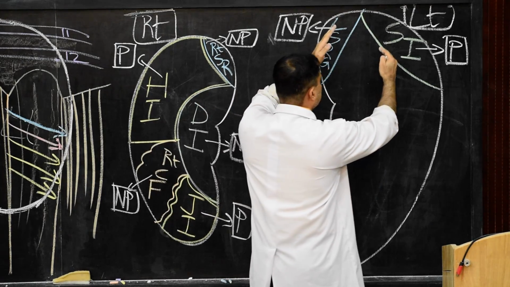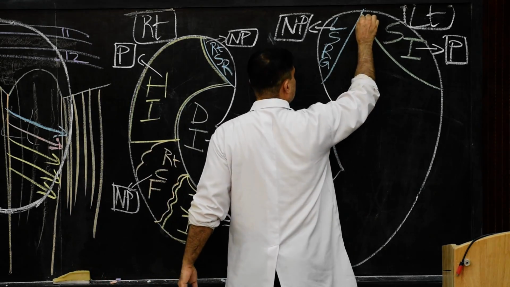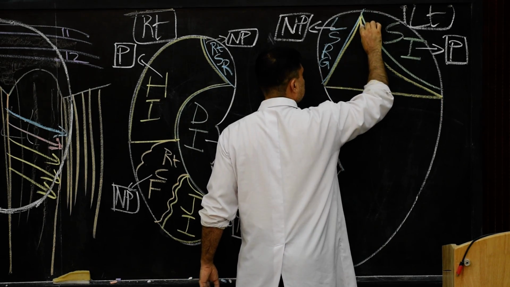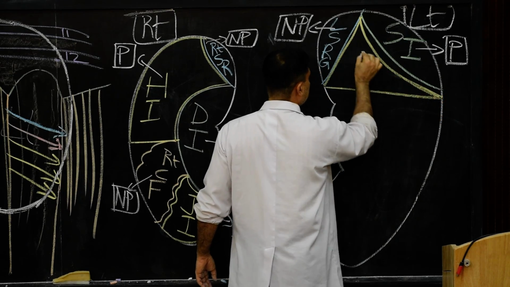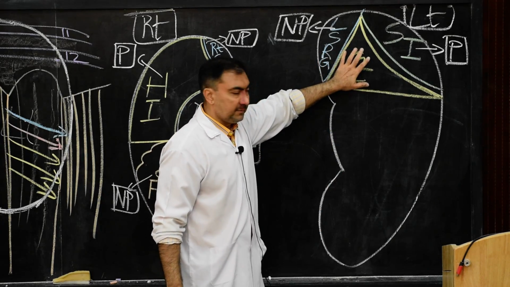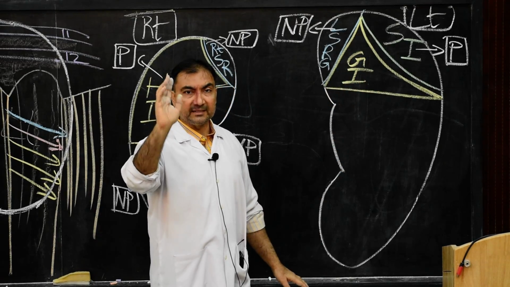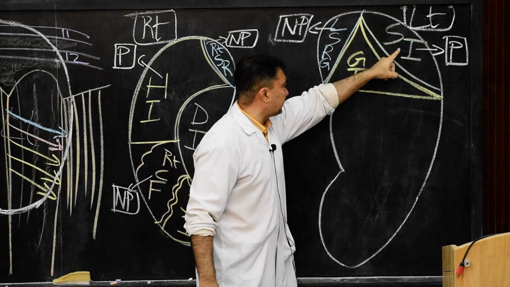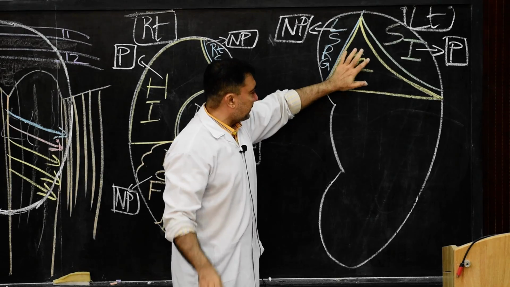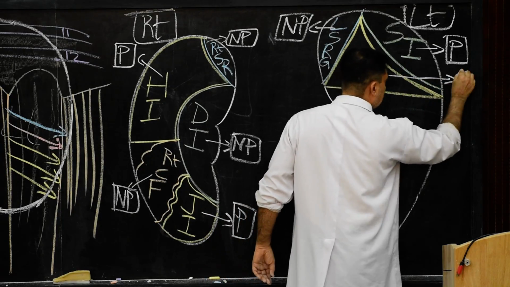Then the angle between the left suprarenal gland and splenic impression, this angle here, the name given will be gastric impression, because it is related with the stomach. But remember, this is separated from the posterior inferior surface of the stomach by the cavity of the lesser sac. So in between the left suprarenal gland and splenic impression is the triangular shaped gastric impression, which is separated from the stomach by the lesser sac. This is gastric impression, totally peritoneal. So here we mark this as peritoneal.